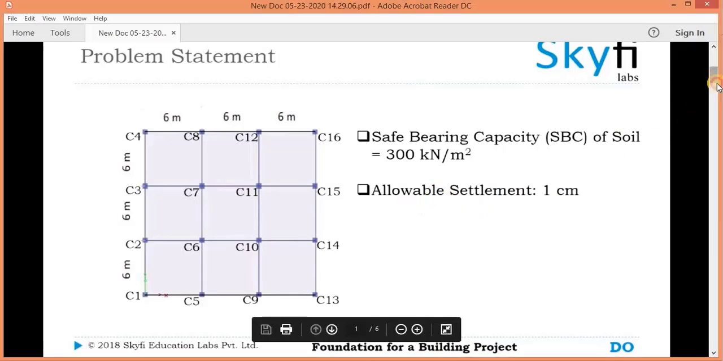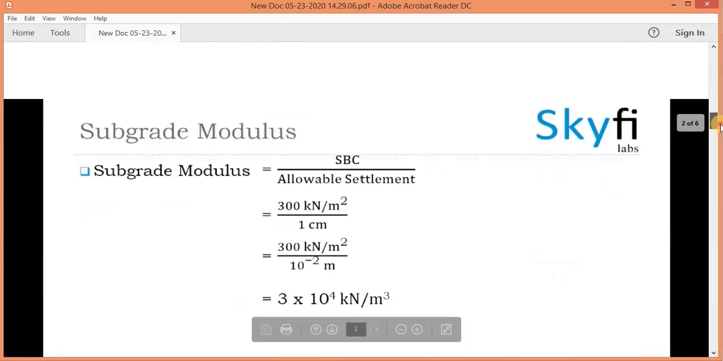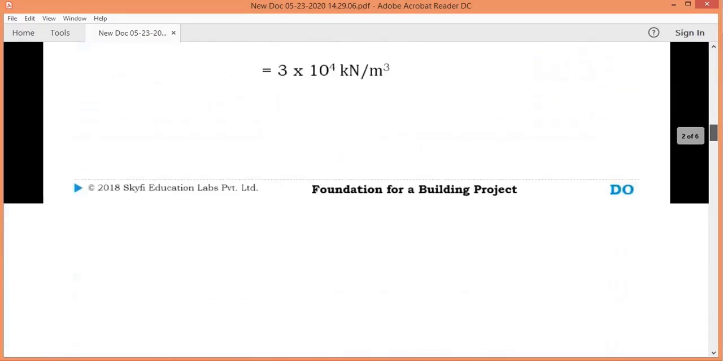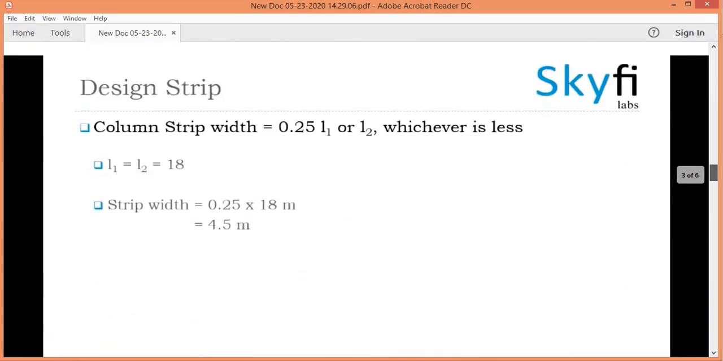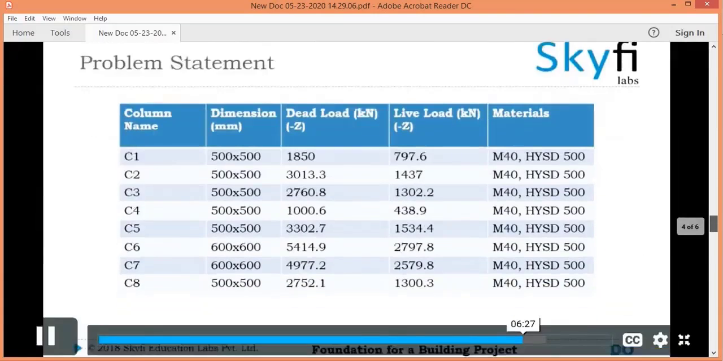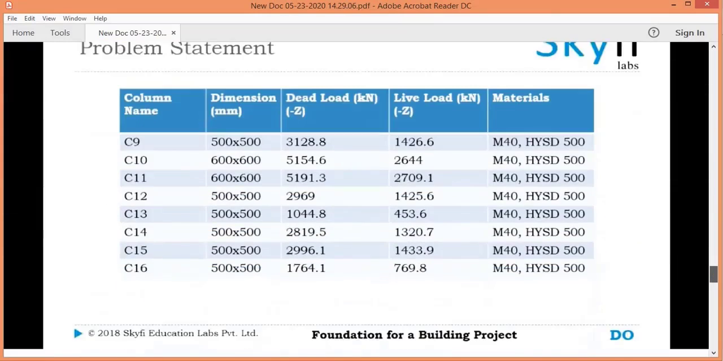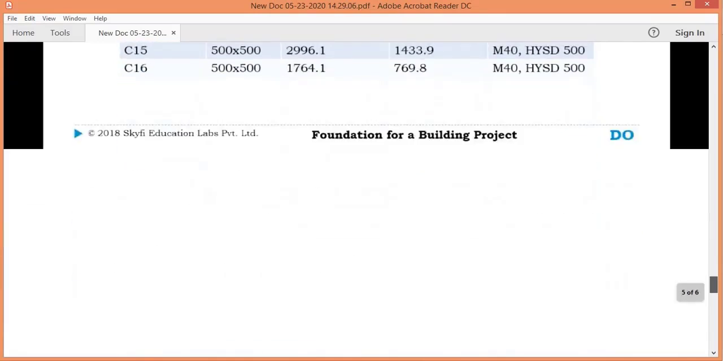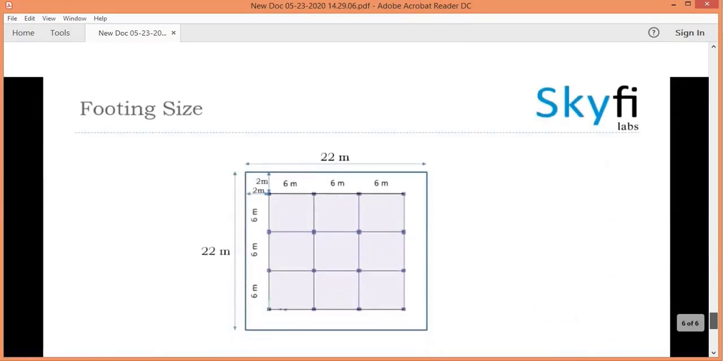These are some calculations of the subgrade modulus by the formulas, and the design strips. You can see here the dimension values of the different columns, dead loads, live loads, and the materials used, which are concrete of grade M40 and rebar of HYSD 500. These are the problem statement, with 16 columns and the footing size of